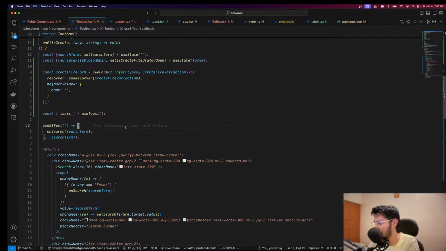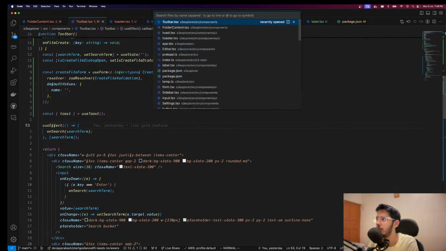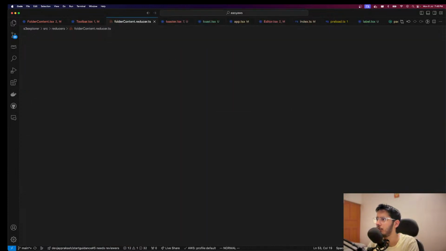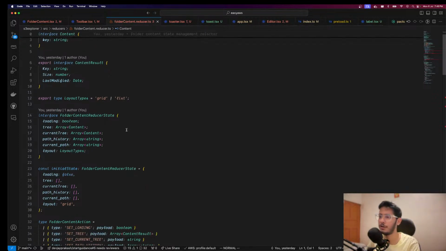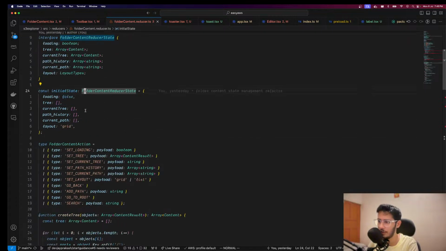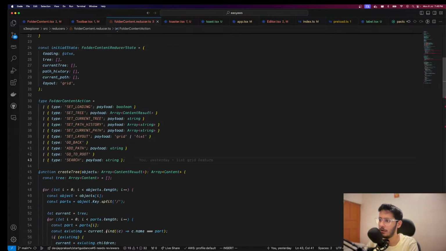So let's go to the store and write a function for this. Oh, we don't have a store for this. We have a reducer for this. It's called folder content reducer. So we'll have another function, right? We'll call it, I don't know, we should call it